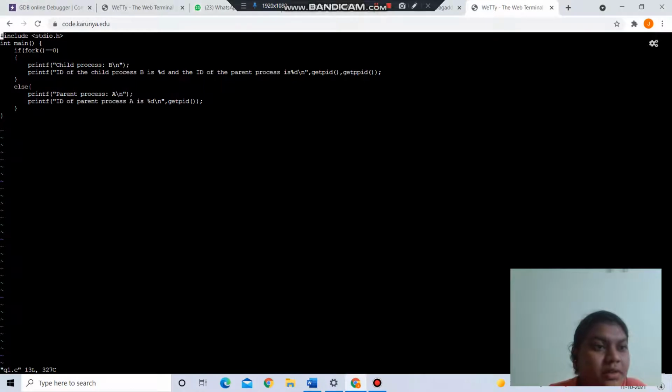Here I have given a code, in which I have included the stdio.h header file, and here I have given an int main. Inside this int main I have given an if case. Inside this if I have given fork equal to 0. Here it will print the child process, and here it will print the ID of the child process B is %d,